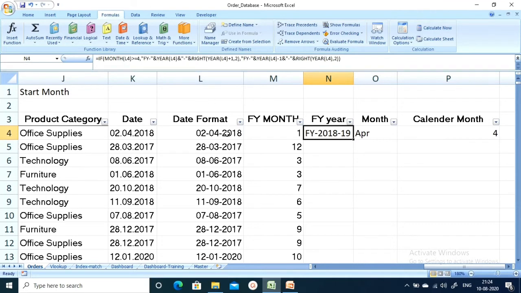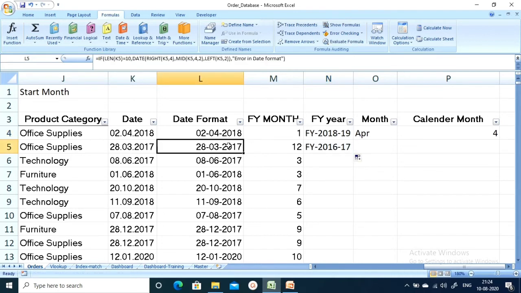Okay, so this is April 2018, so it's showing the financial year 2018 to 2019. If I drag it to the next one, it's March 2017, so it shows 2016-17 as the financial year.